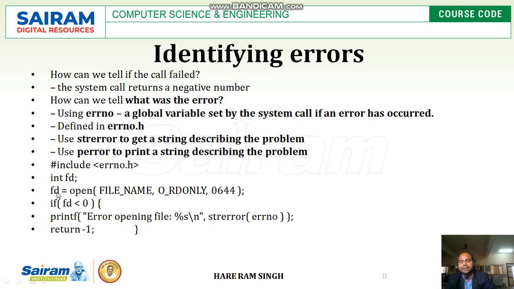It will return an integer value called the file descriptor, which I have assigned to fd. If fd is less than 0, as I said, if this API is not opened properly, then it will return a negative value. So if the fd value is negative, less than 0, then print "error opening file: %s" with strerror(errno). So it will